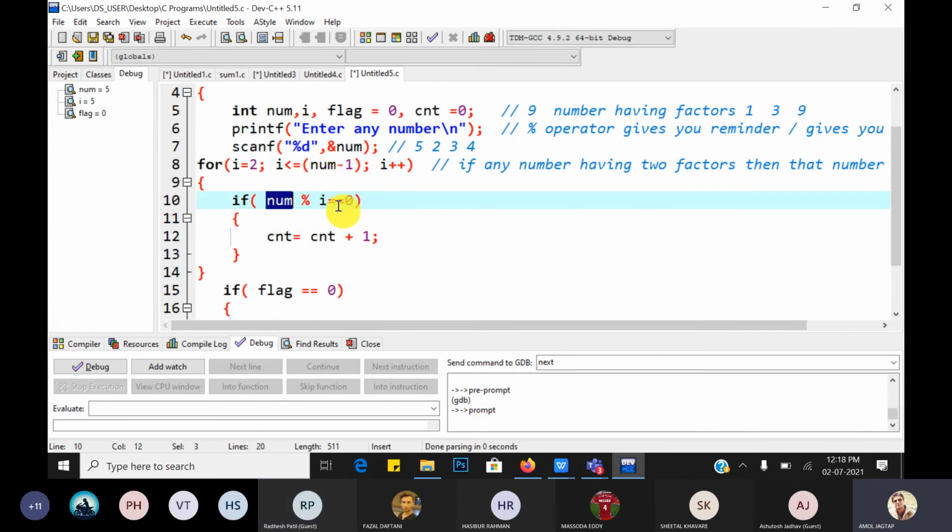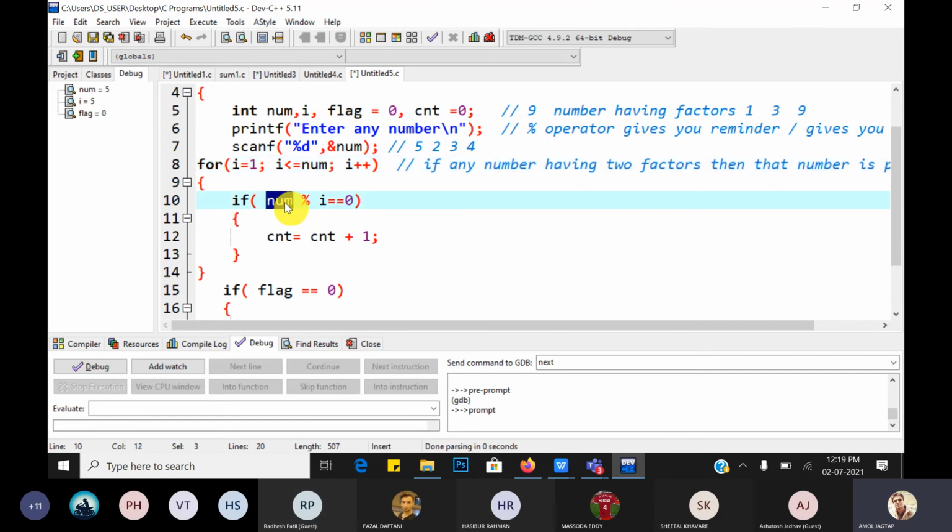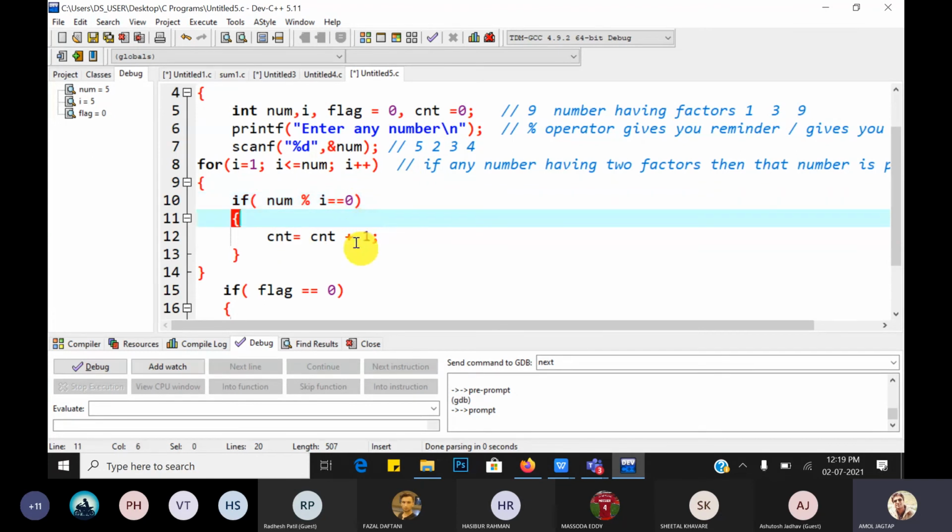First, count how many factors the num variable has. The same thing: we have to calculate the factors, not from 2, but from 1 to num. We have to divide that number from 1 to num, meaning 1, 2, 3, 4, all of them, and find out how many factors there are. Factors mean when we divide that number by i, its remainder is 0. That is called a factor. So count the factors.